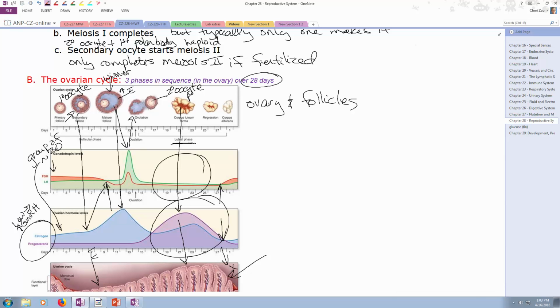That secondary follicle, there might be a few others, but typically with normal ovulation and producing an ovum for fertilization, there's typically only one, unless of course there's a double ovulator, which means that there was basically a tie in this race, and so there were two winners during this race. But this secondary follicle will go on to become a mature follicle, and when it's a mature follicle, you are now turning into a secondary oocyte,